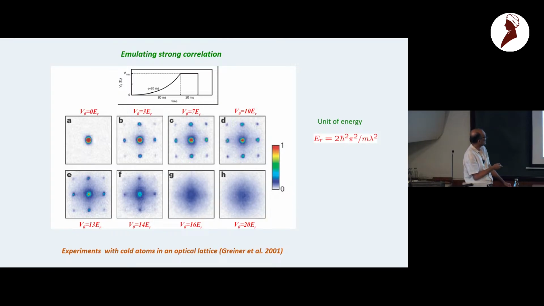But something interesting happens when this lattice strength is reasonably large. This central peak disappears, which means that you really don't have a macroscopic collection of bosons in the k equal to 0 state anymore. On the other hand, at around V0 equal to 20 here, these are all smeared out. So it means that it's completely delocalized in momentum space, its occupation, which by the uncertainty principle means that inside the trap they are very, very localized.